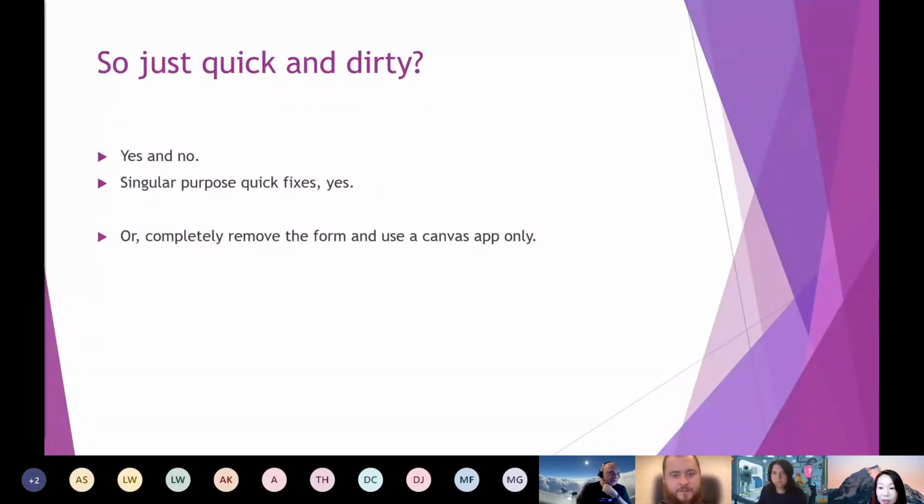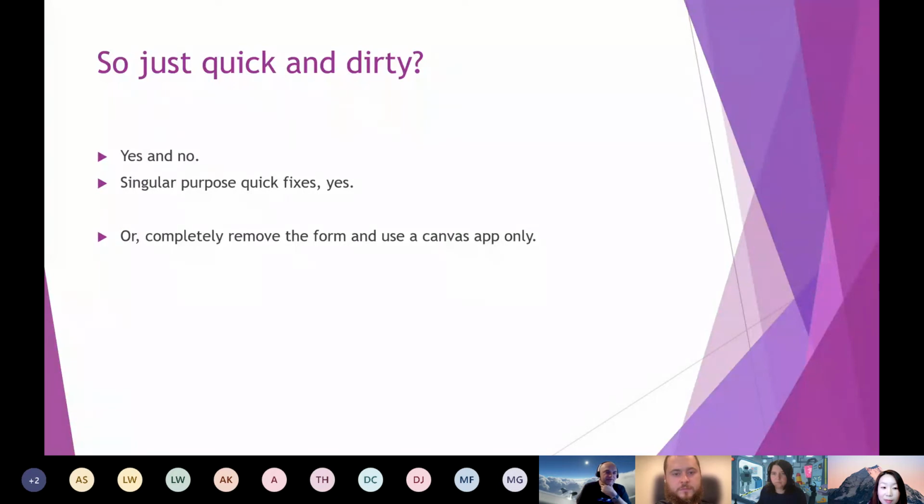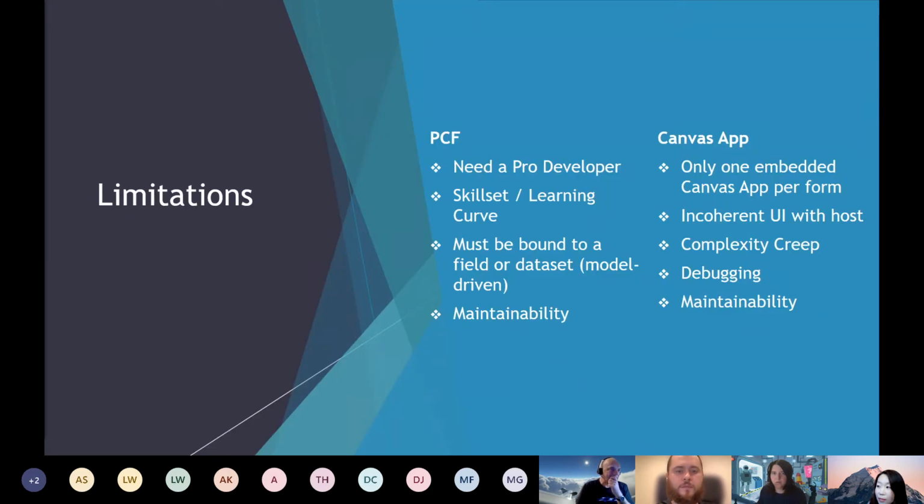Yeah, I agree, because I created one or two PCF controls, and I also created a couple of Power Apps, and they're just different things. You cannot even compare them. They're really different things, different use cases, different capabilities. Yeah. Sorry. Yes, Elena. No, you go.